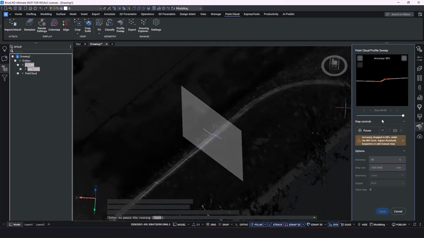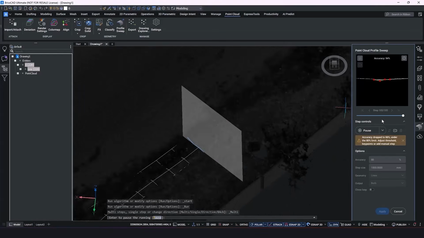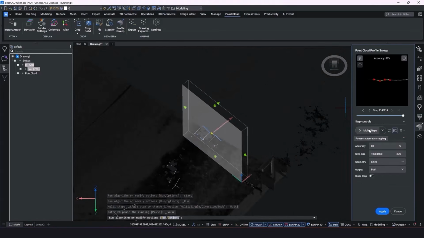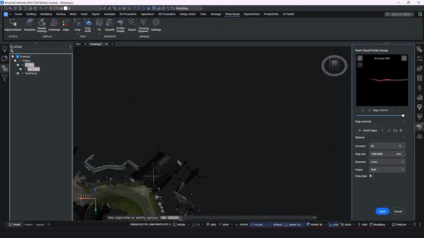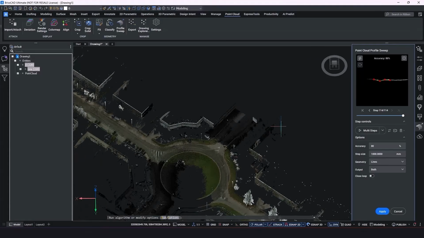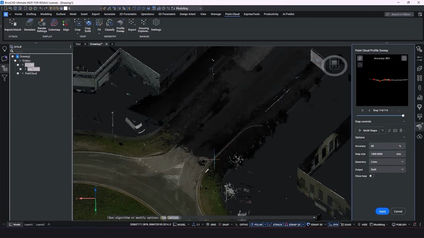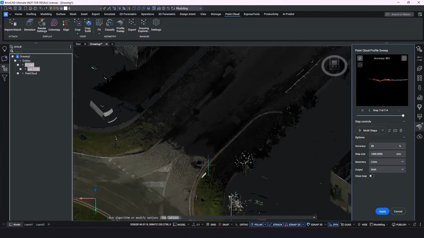But we see here that our point cloud's starting to look a little bit weird. So I'm going to pause it. Now, if we zoom out, we can see that our point cloud starts to get a little bit sparse just after the roundabout area. This is one of the reasons why I chose this point cloud: true life point clouds can very often be messy. But I want to show you that this technology works with messy point clouds as well as with pristine ones.